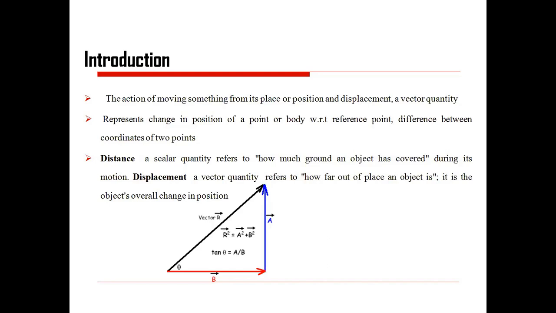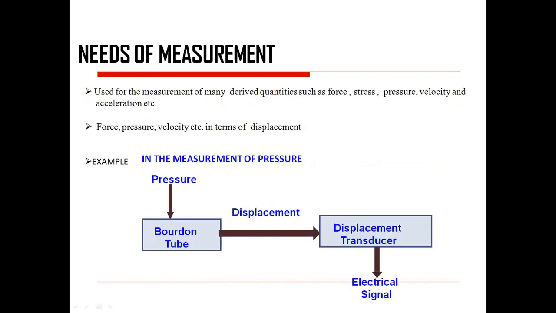Then displacement, as I have already told you, is the vector quantity that refers to how far out of place an object is. It is the object's overall change in position, but it should be in a particular direction. It means it takes the shortest distance to reach the final point. Okay. Now, what is the need of